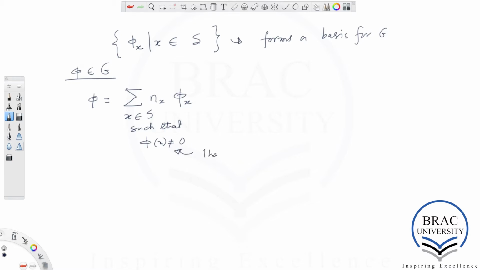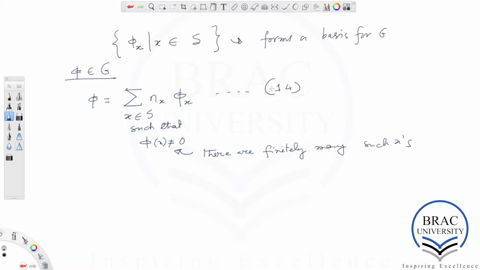You know, there are finitely many x's on which phi of x is non-zero, right? There are finitely many such x's, okay? So you sum over all those x's, okay? So that's why it's a finite sum. And this is our equation number 14.